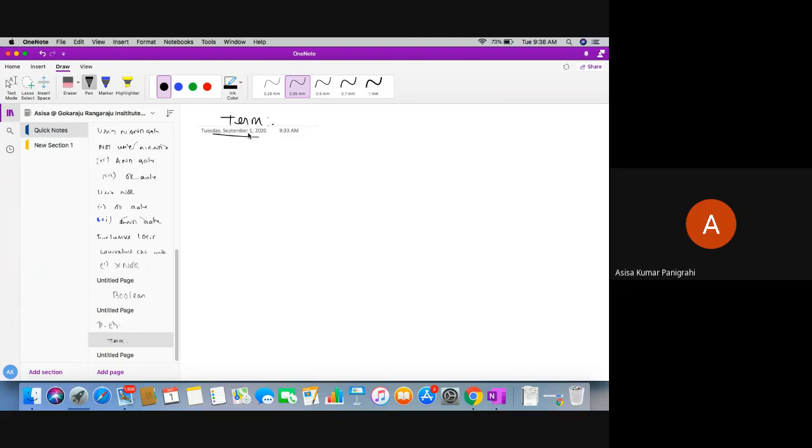A term is nothing else. Actually, in a logic equation, there are various terms. See here, let's say the logic equation X is an output which is expressed in the form of A bar B bar or AB. What is that actually? It's an XNOR operation. What we have done in the digital circuit is an XNOR operation. This is A and B. The logic circuit is an XNOR operation, which gives me X.